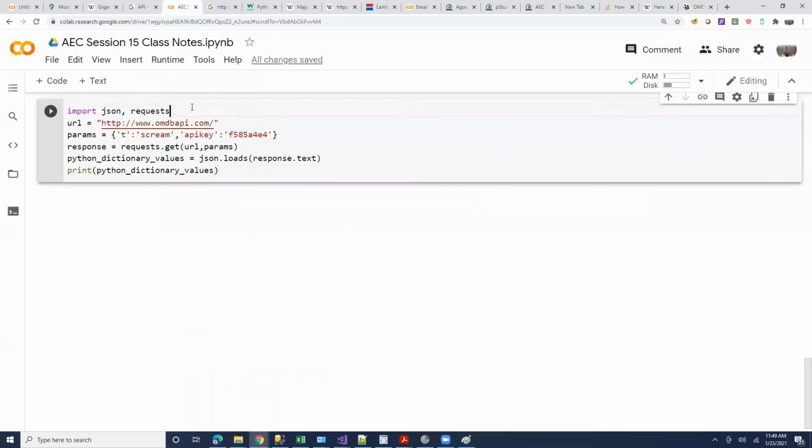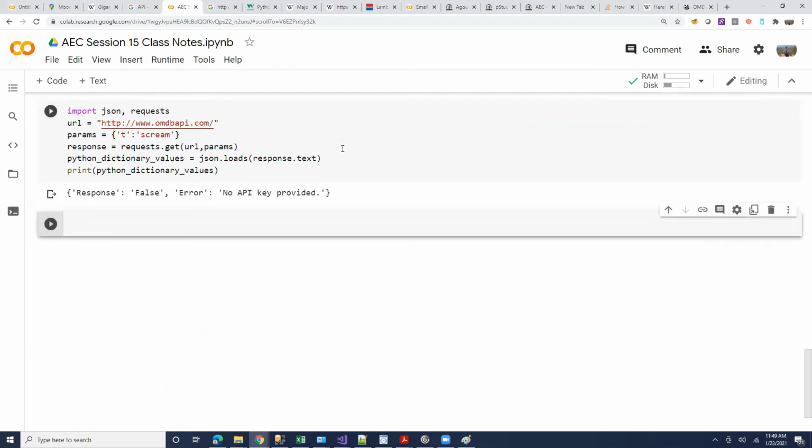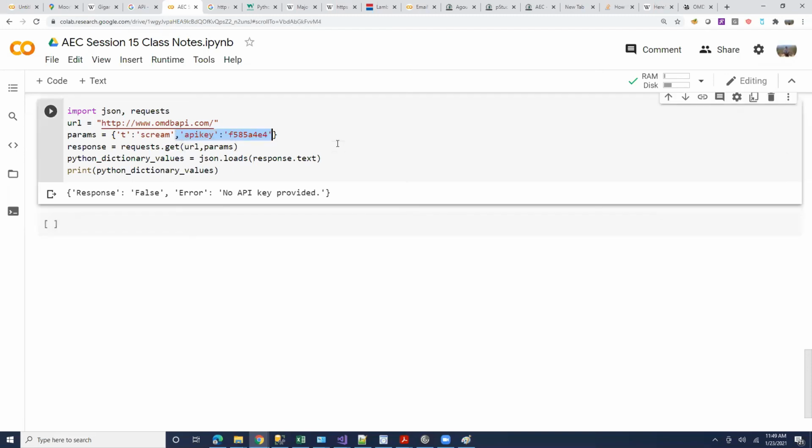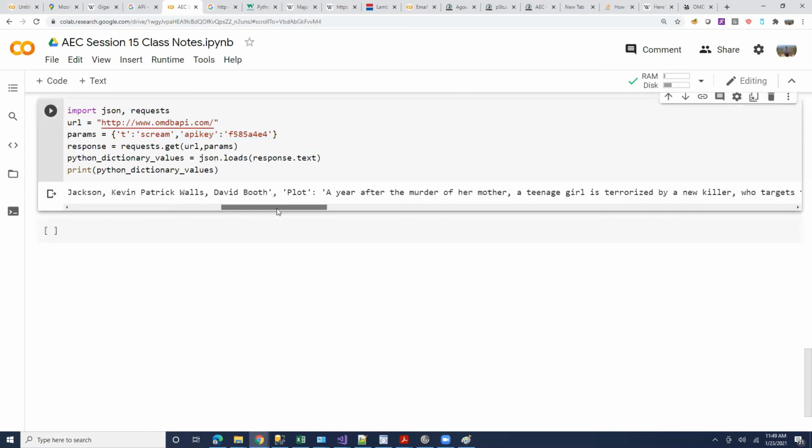Without this key, I can't query this website. If I try to query for the movie Scream, another horror movie, it says no API key provided. So if I type this now, it's giving me the response that we wanted. Does this make sense?